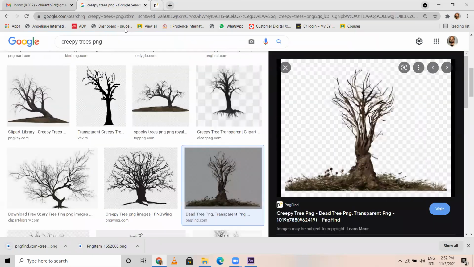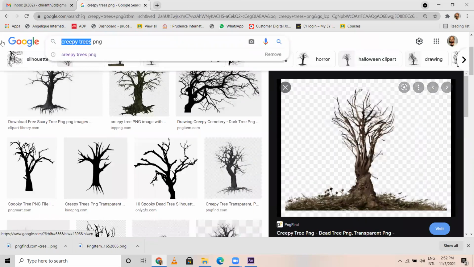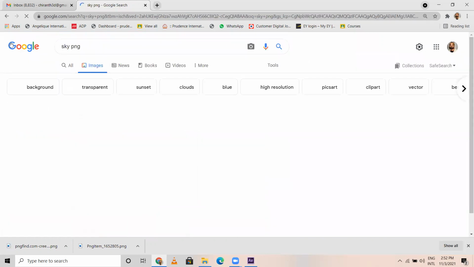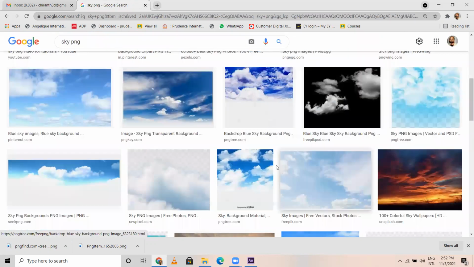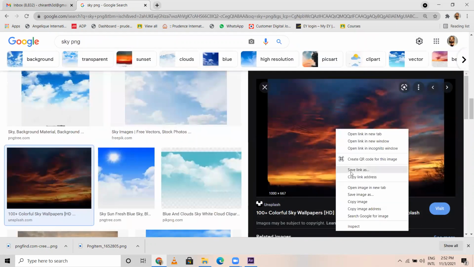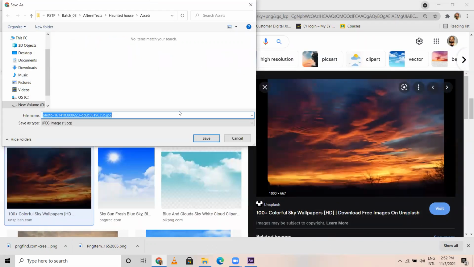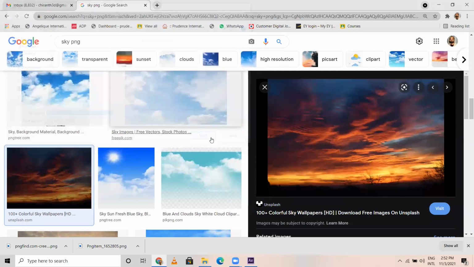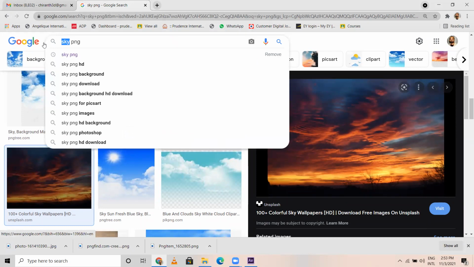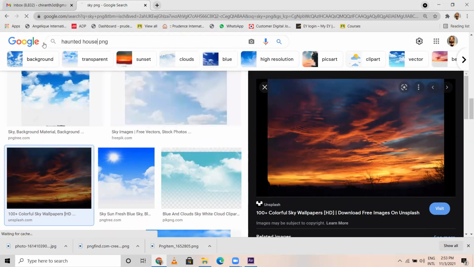I think this is also done. I need sky. The background is required. Okay, great, I can go with this. I can save this image. Sky is done. And haunted house.